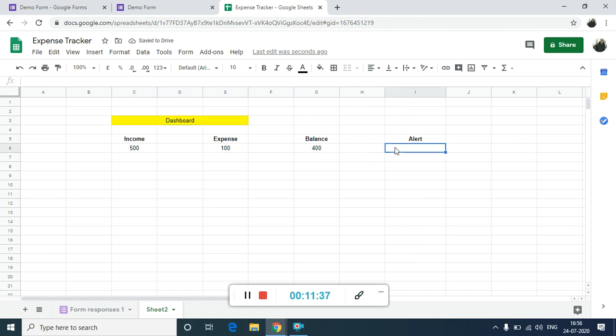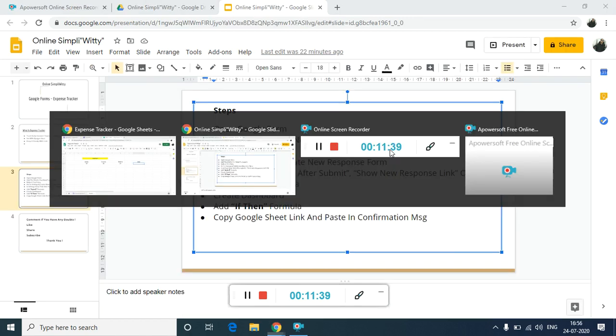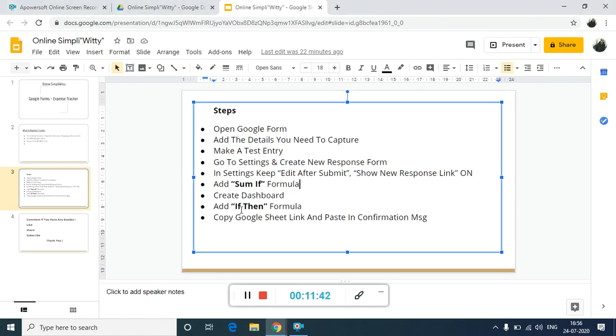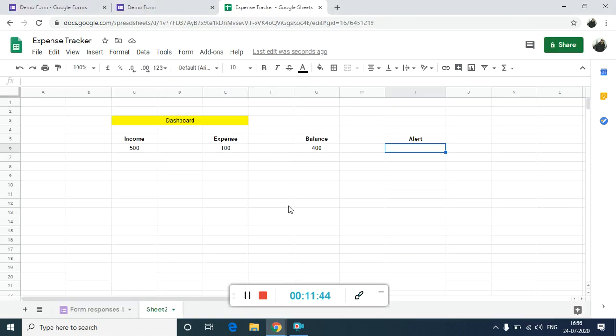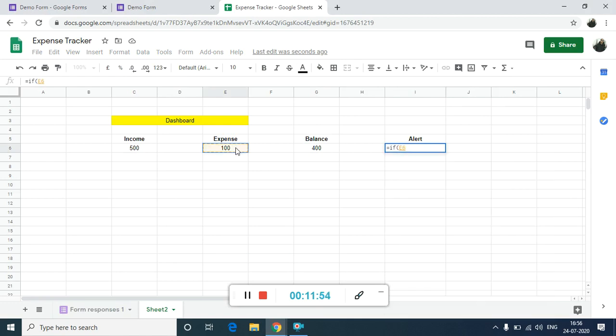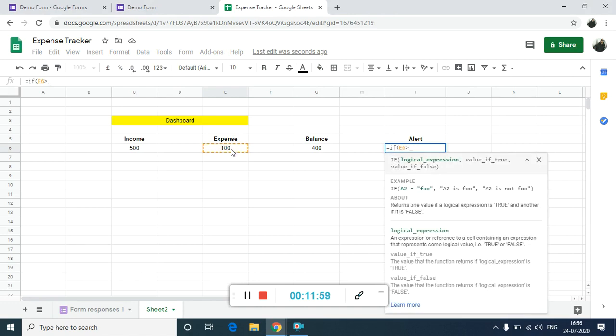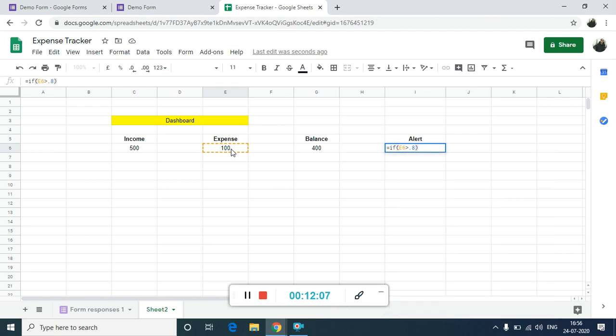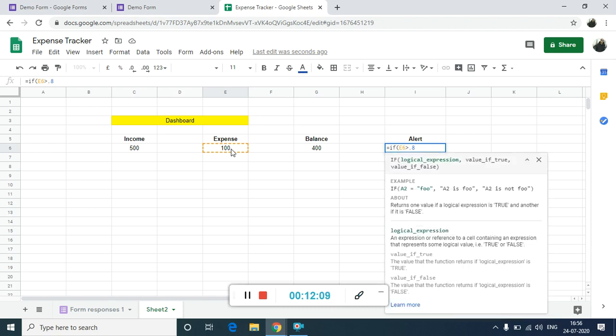Okay, now we will create an alert. For this we need to use if then formula, equal to IF expense is greater than 0.8, that is 80%, of income.